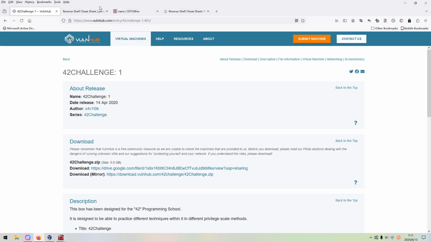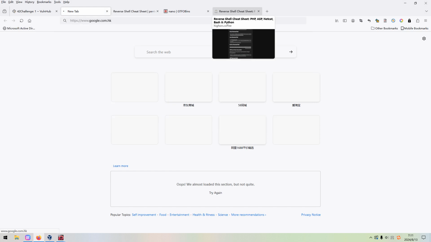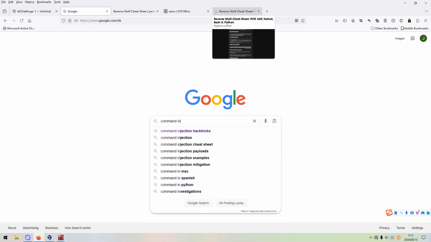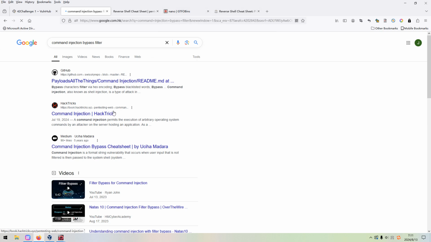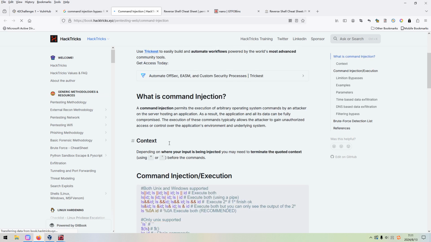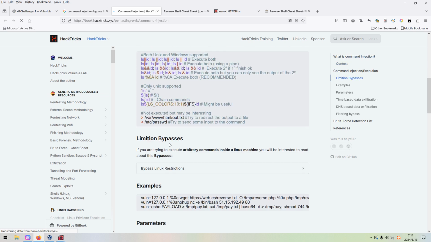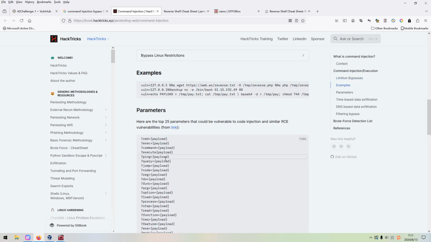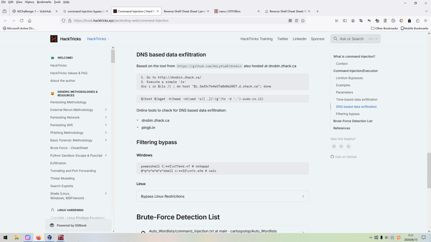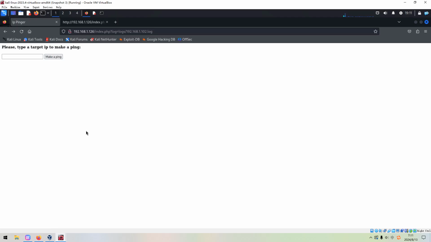For example, we can use Google, command injection bypass filter, and you can, for example, go to HackTricks. So it gives us some ways to bypass. And if you want, you can try yourself, but I don't think we can make it successful.